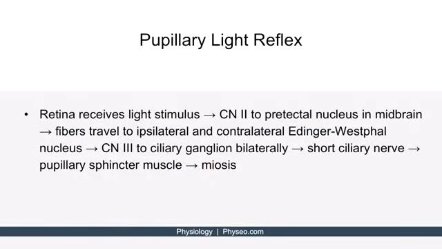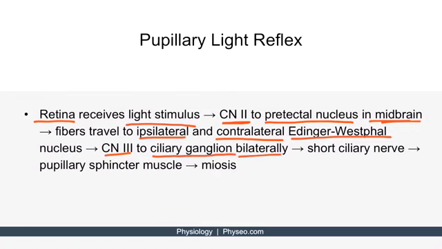So now let's talk about the pupillary light reflex. So the retina receives the light stimulus, and then the cranial nerve 2, or the optic nerve, will send information to the pretectal nucleus in the midbrain. From the midbrain, fibers travel to the ipsilateral and contralateral Edinger-Westphal nucleus. From there, the cranial nerve 3, or the oculomotor cranial nerve, sends fibers to the ciliary ganglion bilaterally, so both sides. And then from there, the short ciliary nerve carries information to the pupillary sphincter muscle,